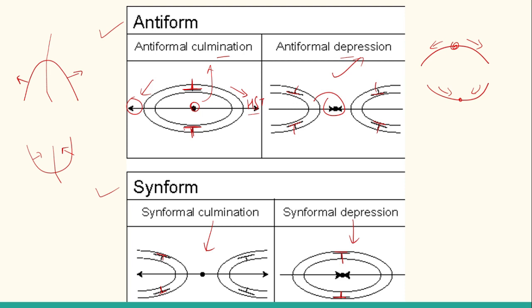Another thing that can be added in the identification of doubly plunging fold is the concept of anticline and syncline, but you know that for that you need the respective ages of the beds. So if those ages are given to you and the exposure of those beds or outcrop is provided to you, then you can easily tell whether it is an anticline or syncline. Without that you cannot comment on that part. You can only tell whether it is antiform or synform.